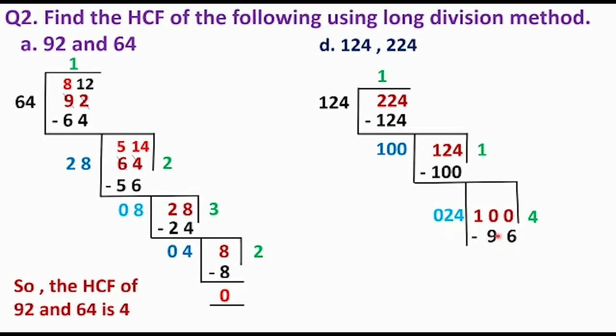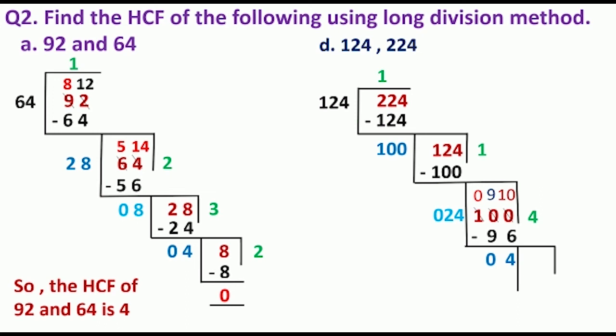This 6 cannot be subtracted from this 0. So this 0 will borrow from the next 0. As that 0 is not having anything, it will again borrow from this 1. So this 1 will become 0, this 0 will become 9 and this 0 will become 10. Okay, now you can subtract it. You will get 4.